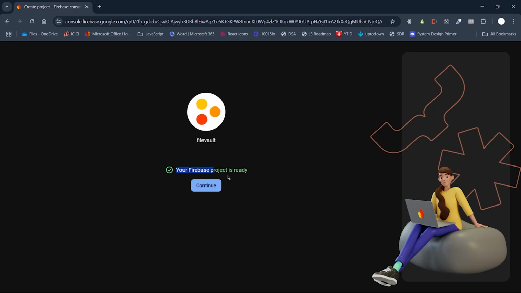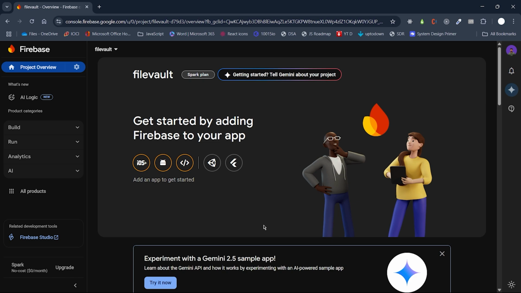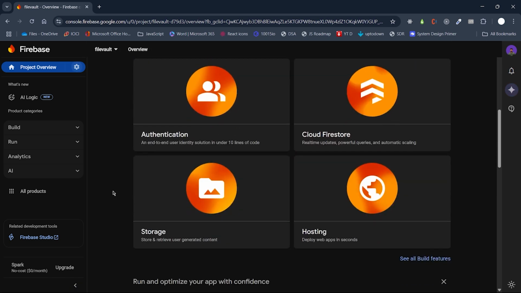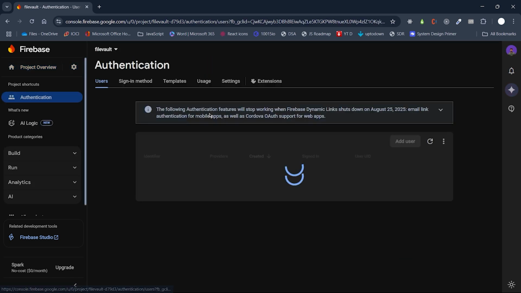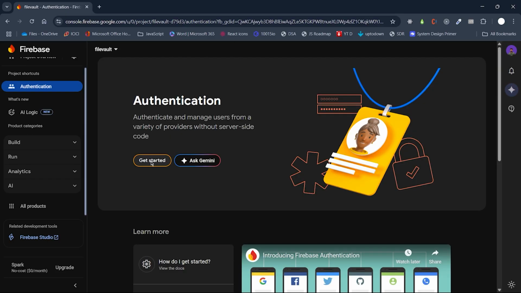Here you will get your Firebase project ready. So just click on continue, and here we are on our project's dashboard. Okay, we don't need Gemini. Now here, if you scroll down, here we have authentication. So we have to enable the authentication. We'll get started,